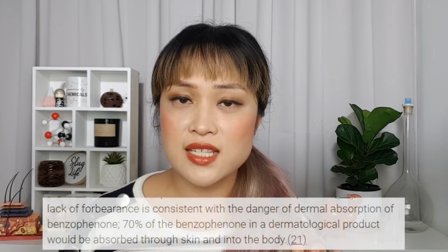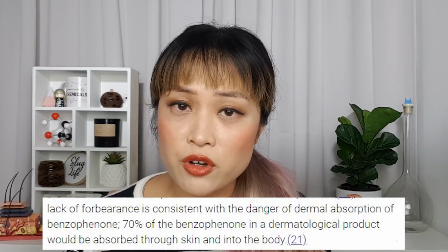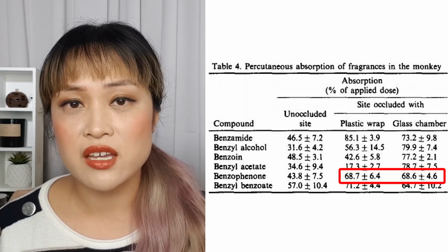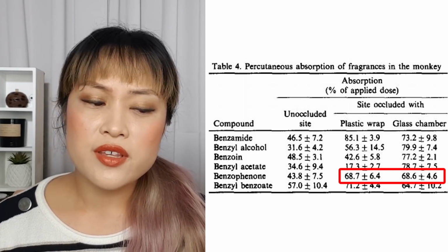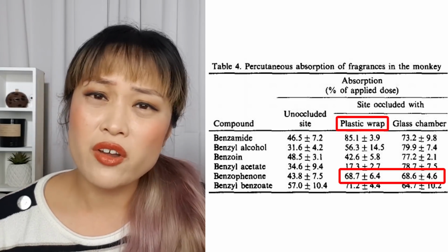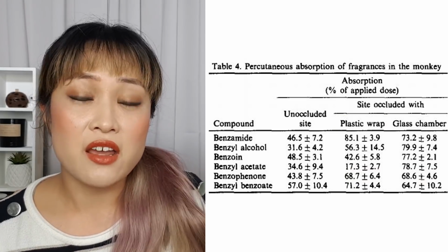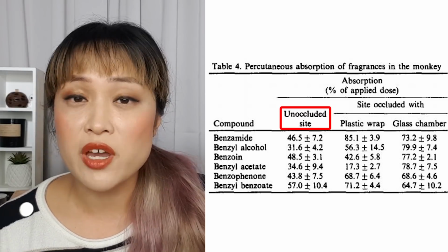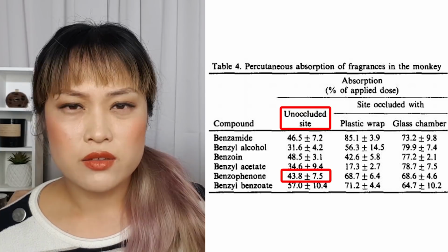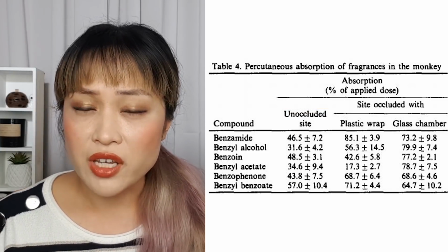The paper also says that 70% of benzophenone that you put on your skin gets absorbed. But if you look at the study that they refer to, it's 70% absorption under occlusion. In other words, 70% absorbs if you apply it and then wrap it up in cling wrap, which is not how we wear sunscreen. The paper does an uncovered absorption as well, and this is a much less scary sounding 44%. It's in the same table, it's right next to 70%. So for some reason, the authors quoted the less relevant measurement. Also, it was done in monkeys. So to me, there seems to be a sort of pattern in how the authors are selecting and presenting the